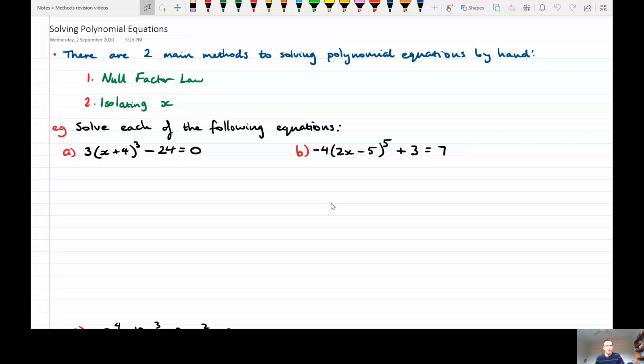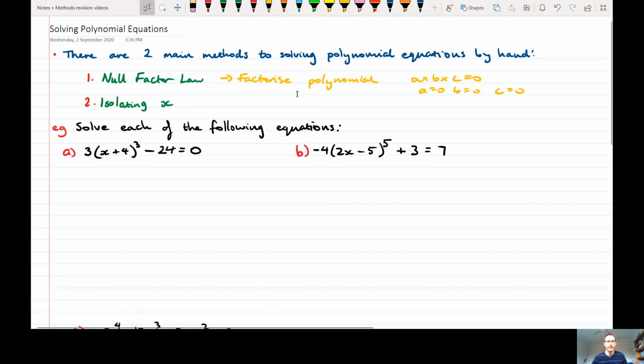Okay, so in this video, we're going to remind ourselves how to solve polynomial equations. There are two main methods we're going to use when we're doing it by hand, at least. One is using the null factor law, which requires you to factor or factorize the polynomial first, and then use the whole a times b times c equals 0, therefore a is 0, b is 0, or c is 0